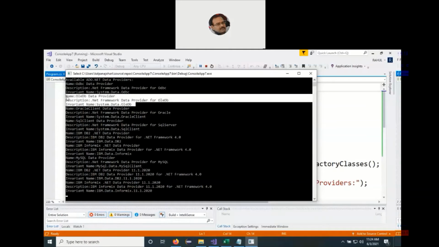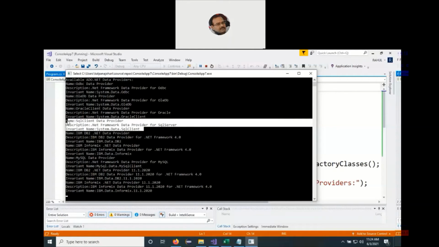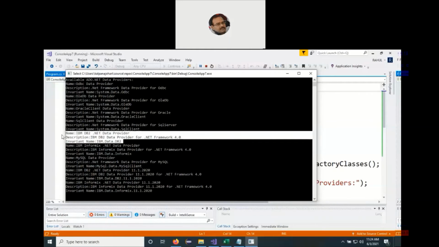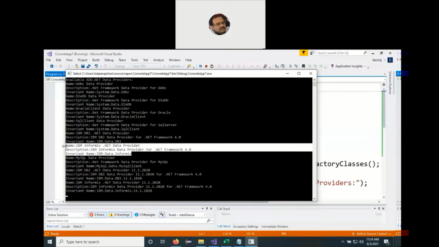So this is for OLEDB, with name, description and invariant name. Then I've got Oracle installed on my system, so Oracle Client Data Provider, System.Data.OracleClient. For SQL Server, SQL Client Data Provider, .NET Framework Data Provider for SQL Server, then DB2, then Informix. It all depends upon the number of databases you have installed on your system.